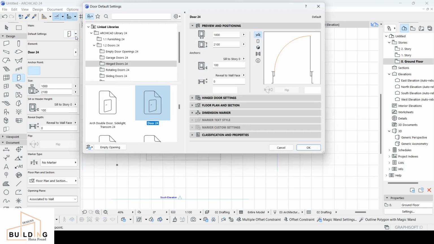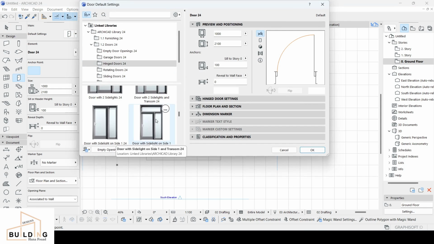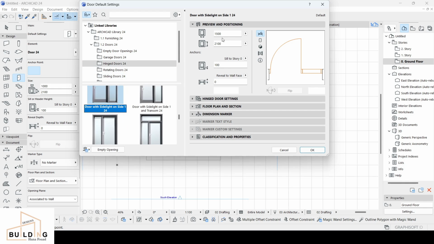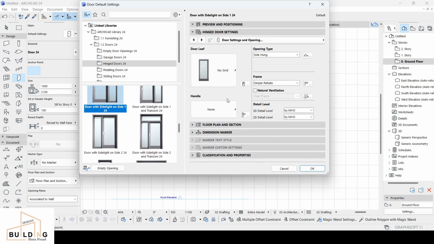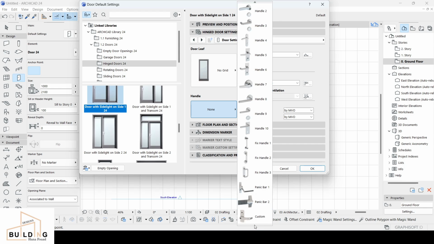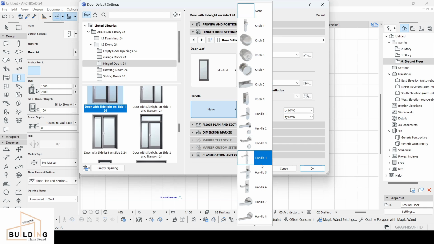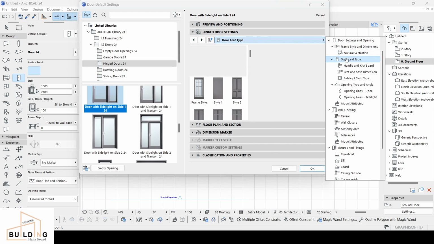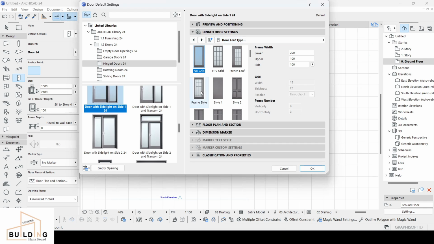I will just change it to this one, and yeah, the size is good, I'm happy with that. I will check the handle, and I'd prefer something different if there is. I just made a video about how to custom make one, but for now I will just go with this one, and then we can work on that styling later. We'll go with this one,